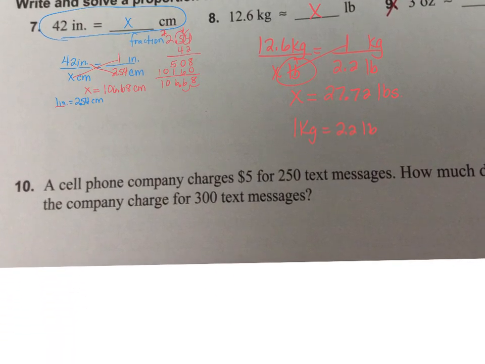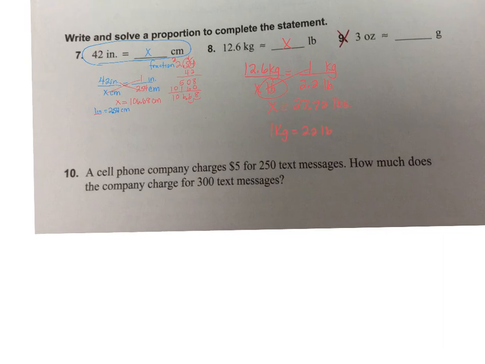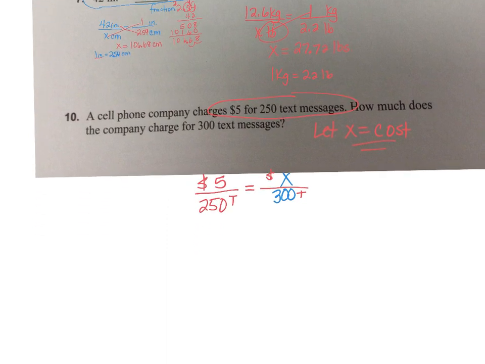Okay? On the last one, remember, we must be consistent. If it says a cell phone company charges $5 for 250 text messages, how much does the company charge for 300 text messages? So we're going to let X equal the cost. Okay, set this one up. It doesn't matter how you set it up. I'm going to put $5 over 250 texts. If I have dollars over text, it has to be dollars over text. I'm trying to find the cost, so I'm going to put X in my numerator, and I have 300 in my denominator. Cross multiply them, get